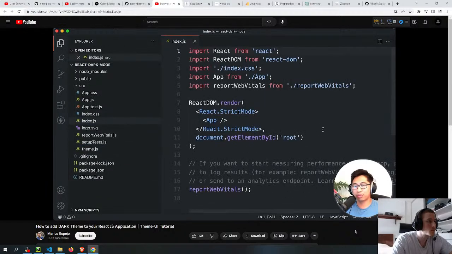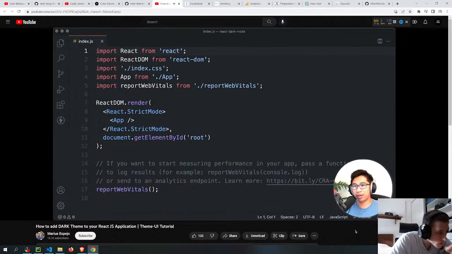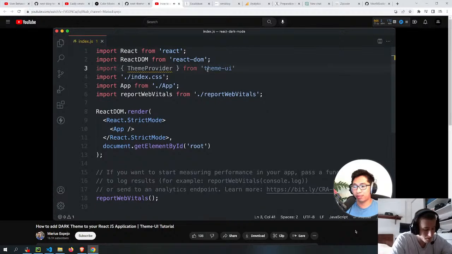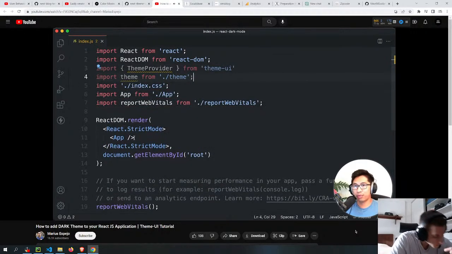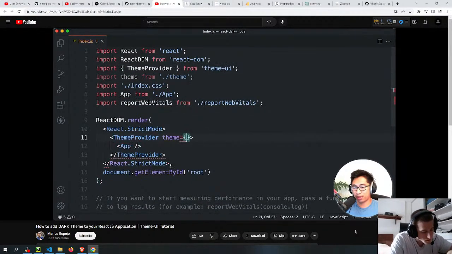First of all, within this index.js, the root starting point of our application, we need to provide, like I mentioned, some kind of theme provider, which Theme UI comes with. So I'm going to import ThemeProvider from Theme UI, and then I'm also going to import the theme we just created, and we're going to wrap our entire application with this ThemeProvider. Next, make sure to feed your theme into here as a prop. And that's really the setup that you need to do, and we'll see how it works as we start this